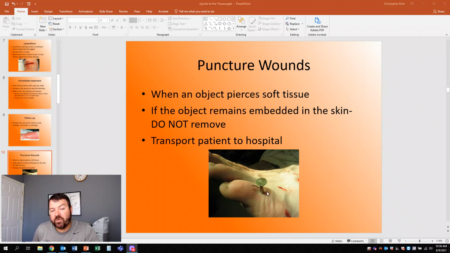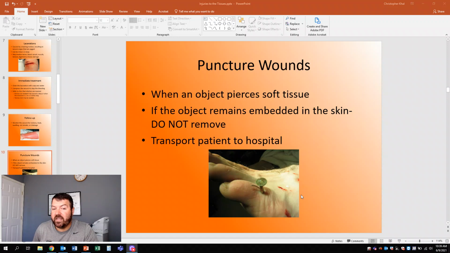If need be, try and fix it in place with anything, gauze, a strap, something to make sure it doesn't move around so much. Let's say if it's a stab wound, if someone got stabbed and the knife's still in them, that's occluding, let's say, an artery. So if you take it out, that artery that's now occluded or pinched off by the knife is going to open up.